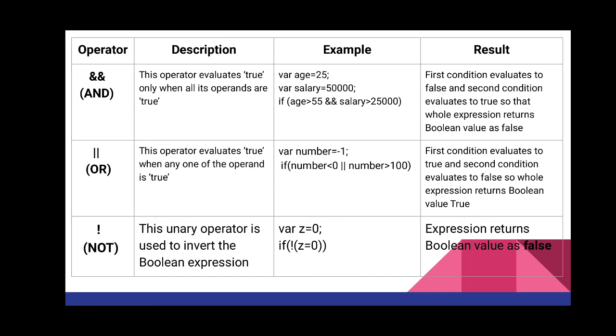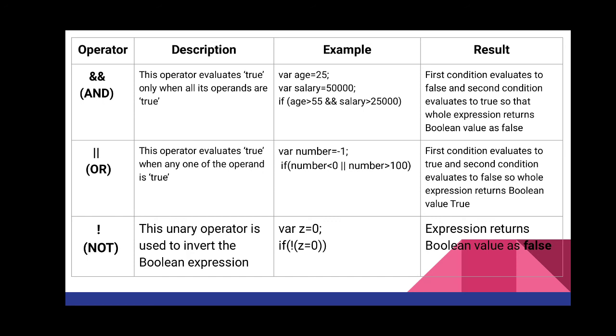So if the answer in the bracket is true, it has to negate it. So what will it do? It will make the true into false. Are you getting it? My value of z is 0, so my z equal to 0 is true. So what condition are we checking? If not, and in the bracket, z equal to 0. Now this bracket part, z equal to 0, will it return true? Yes, because z is 0, that is why true. But I am applying the NOT operation. So if it is true, then not true will be false. So my result will be false.